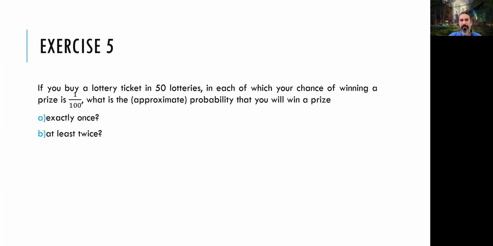Okay, approximate says use something other than binomial. In this case, it's Poisson, of course. Use Poisson in this case, but still, exactly once. Now, if it says exactly once, I just have to find the value of lambda and then use i as 1. So, n times p is lambda, because I know that n times p is the expected value. So, n is 50, p is 1 over 100. So, n times p is 1 over 2. So, 0.5 is the lambda.